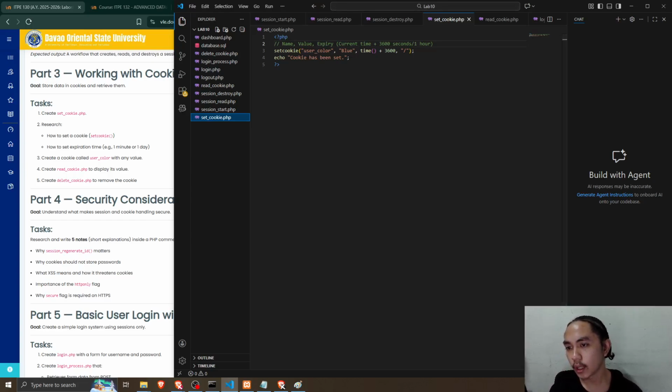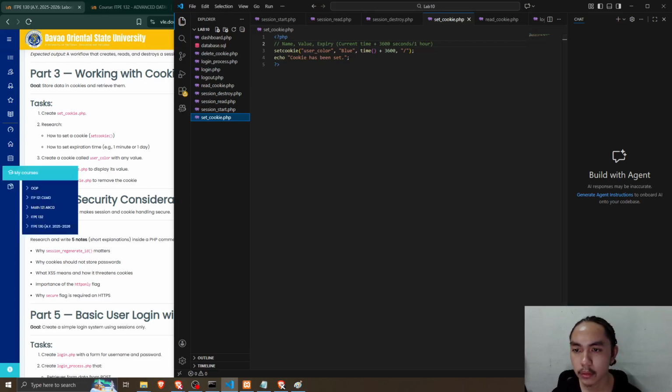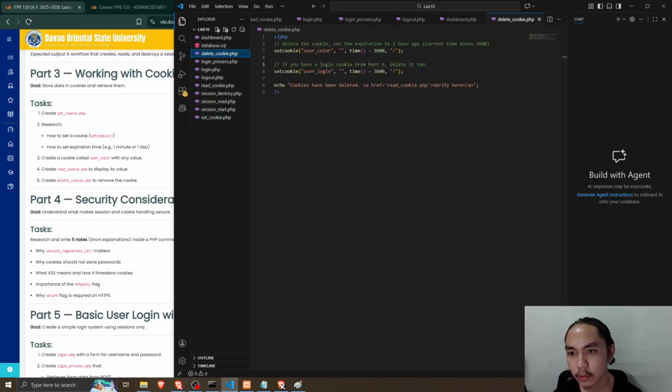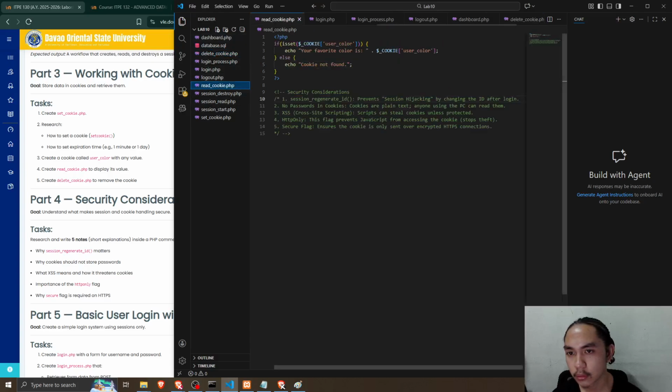So after we have created set cookie, we also have to create read and delete cookie. So we have delete cookie here and read cookie here. For part 4, I've commented it here to save some time.